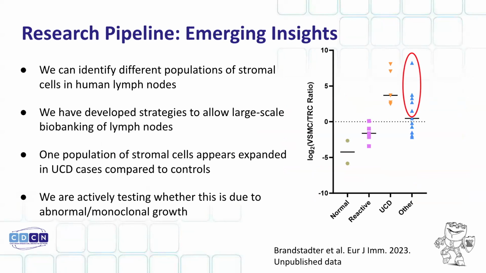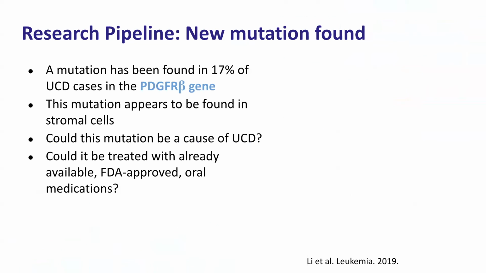See whether there are specific kinds that seem increased. Particular kinds of these structurals that are increased in unicentric disease compared to patients who have big lymph nodes but who don't have Castleman disease, who have reactive lymphadenopathy. Then you can take all these patients who have something in between, and you can find a subset of them that look a lot like the unicentric Castleman disease. So maybe this will help us to make better diagnoses of Castleman disease.